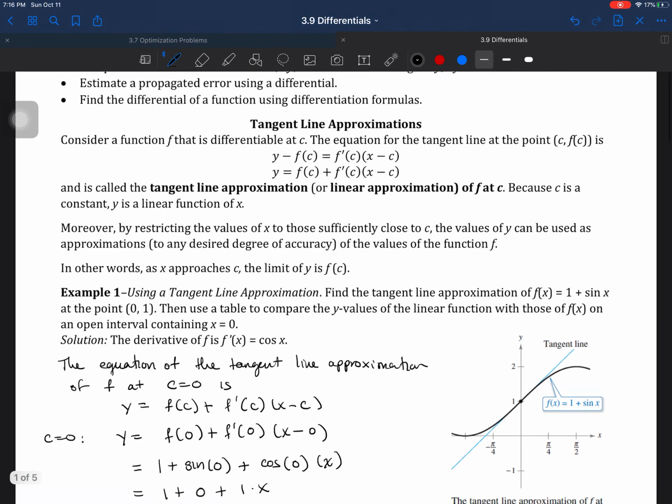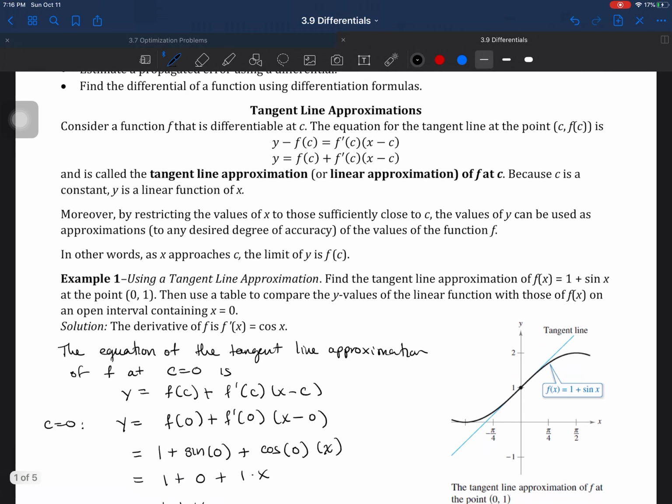All right. So what is a tangent line approximation? Well, if you think about it, this is fascinating because back then, and sometimes before then, we didn't have computers or calculators. So if you needed to estimate a function like f of x equals 1 plus sine of x for some values, it required heavy formulas to get the exact value instead of just using a calculator, right? So what they did is they developed a technique to approximate the actual value